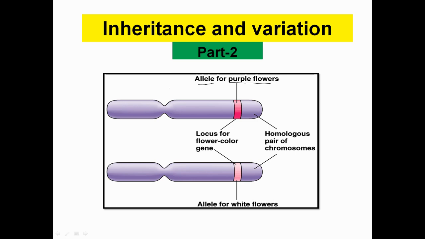However, locus refers to the position of a gene on the chromosome. Here, the flower color gene is being presented, and this gene controls the purple color flower. And at the same position on another homologous chromosome, there is a location of a flower color gene which controls the white flower color. So these are the locations of the genes and are referred to as locus, or the position or location of the gene on the chromosome. Now come to the two important terms, that is homozygous and heterozygous.